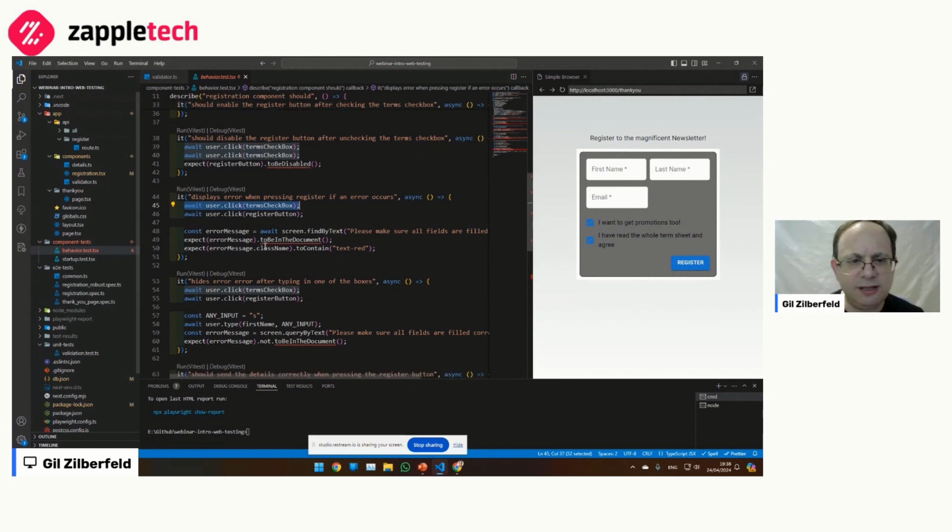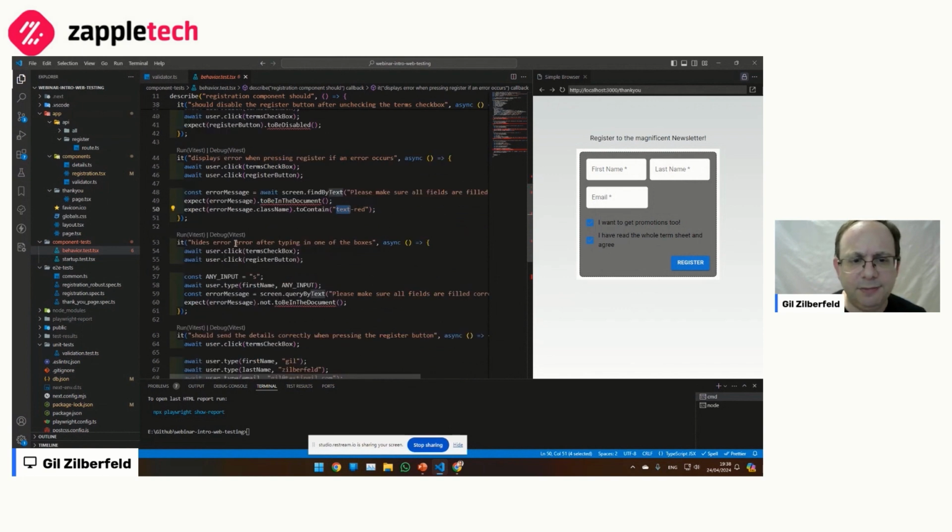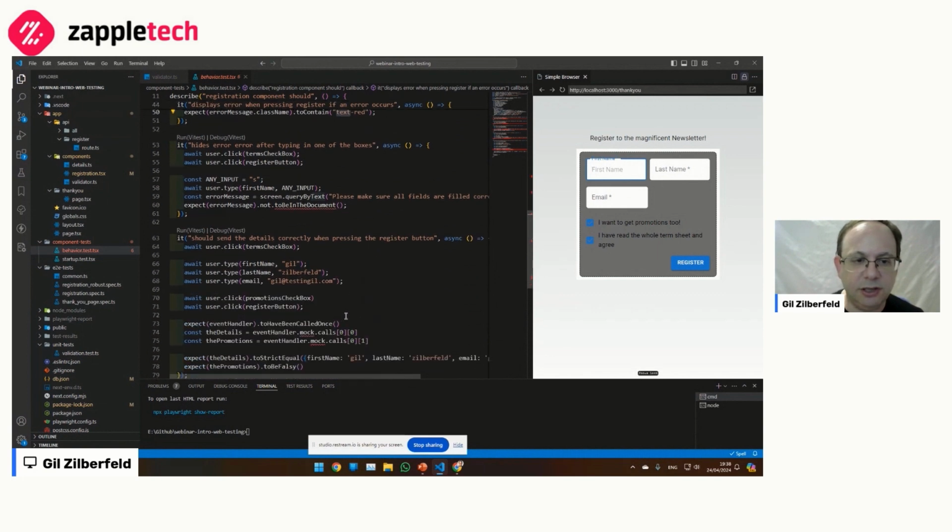So checking that it's there, you can actually check that if it's important, it's going to be in red. You decide what to test, of course. Hiding the errors, I didn't show you that. If you try to do this, and you want to make this go away, you have to type something. This is something else that I want to check. So small behaviors that I can do at the lower level, but this is the lowest level I can do that. So this is getting checked here.